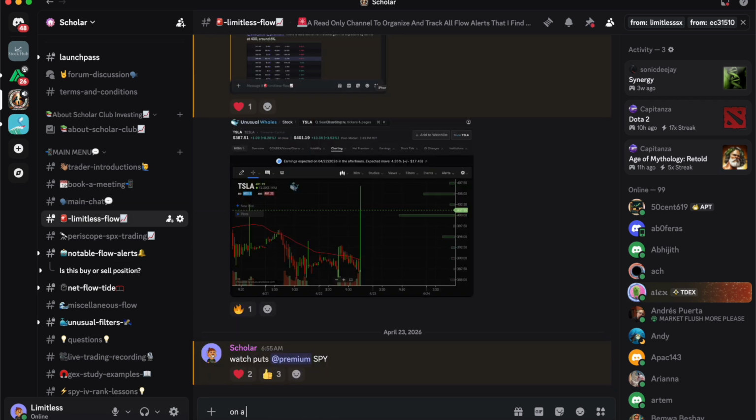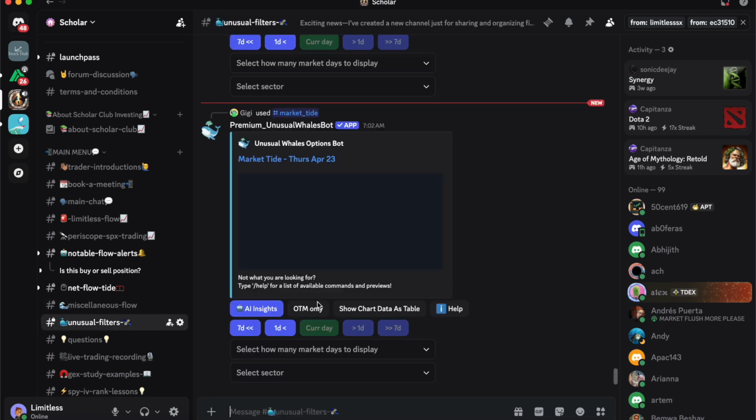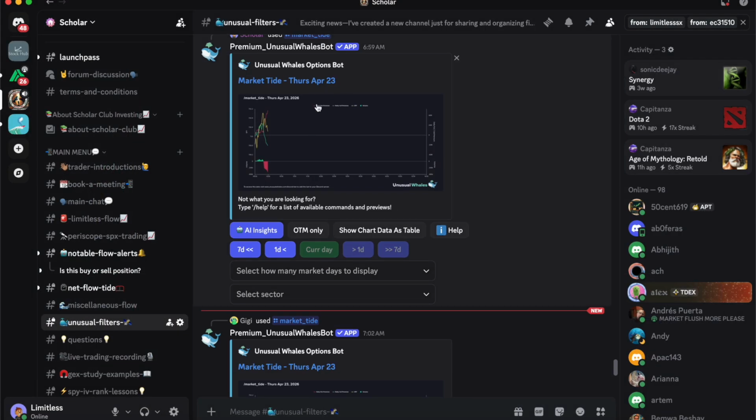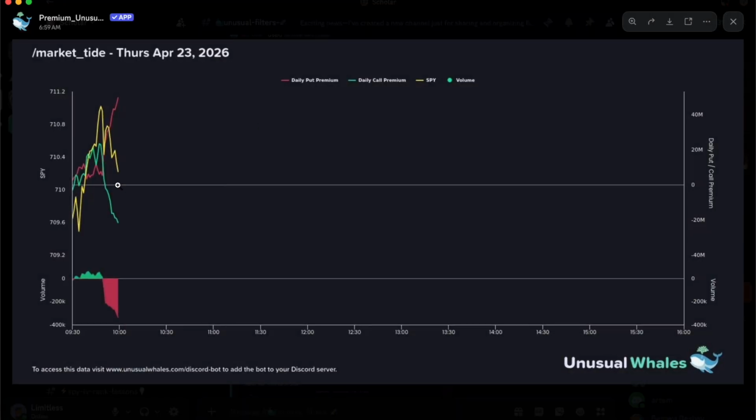Okay. You see it? Did you pull it? Yep, you see that? The gap closed. Boom. Exactly. Beautiful. That's the price to premium gap, right? So before we pulled the market tide, you see that premium is outpacing price. Once you see that premium is outpacing price, you want to look at the y-axis, and that'll be your target for price. Price right now is at 710.4 in this image, but premium is at 709.6.